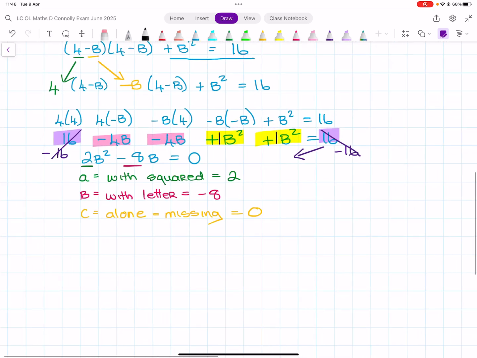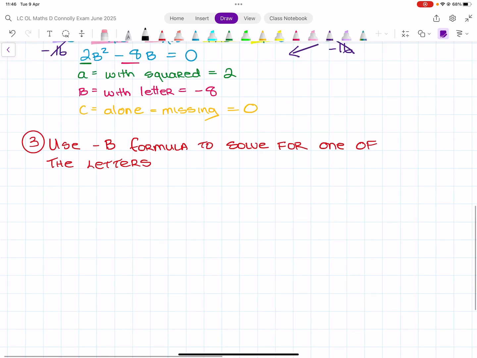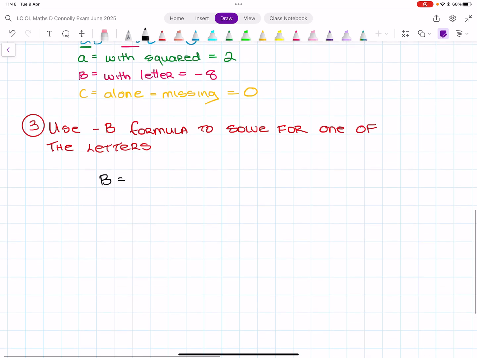So this is actually step 3. Use the minus b formula to solve for one of the letters. So, what letter are we doing here? We're doing B. So B equals, that's confusing. Minus b plus or minus the square root of b squared minus 4ac